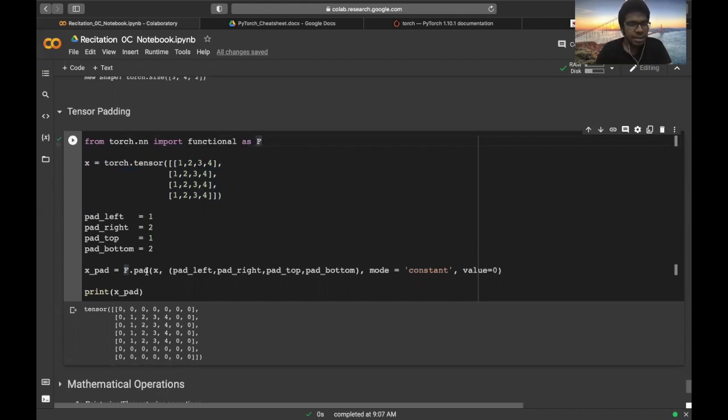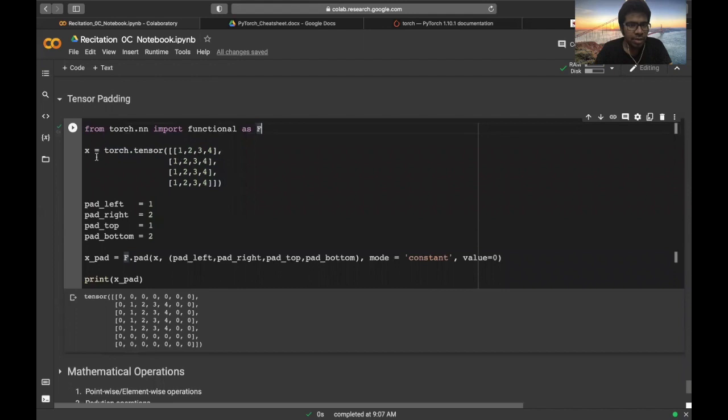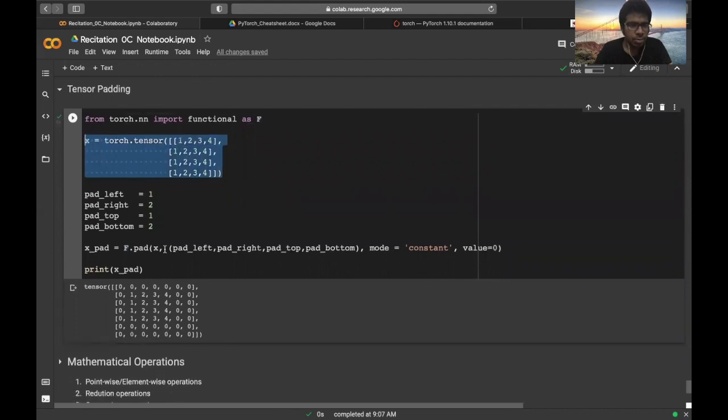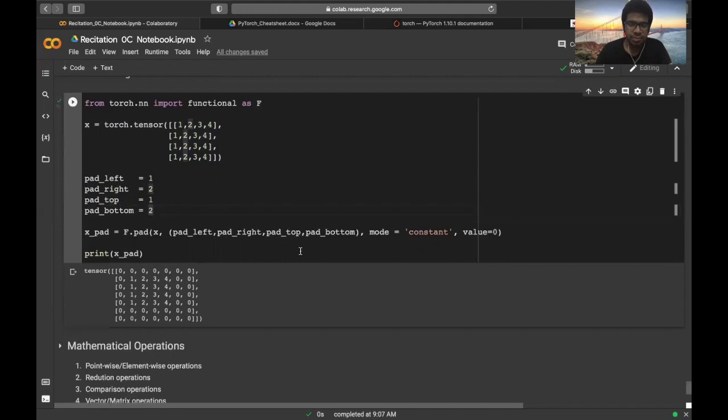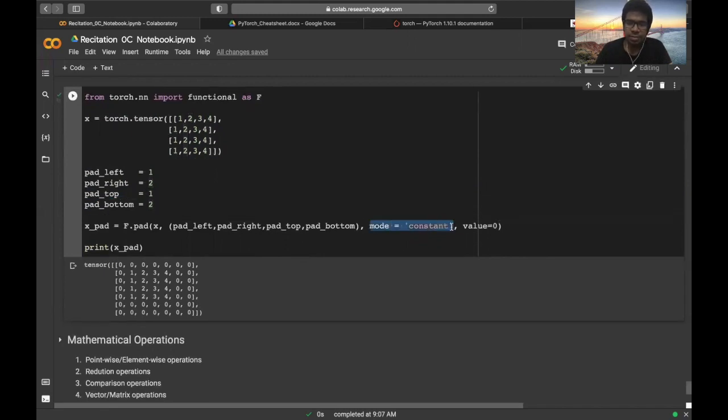So the operation is defined as follows. You're defining a 2D tensor here, x, and F.pad takes these many arguments. The first is the tensor itself, and pad left defines the thickness of the left boundary, pad right the thickness of the right boundary, top the thickness of the top boundary, bottom the thickness of the bottom boundary, and the mode is constant for constant padding, and we'll give a value of 0.